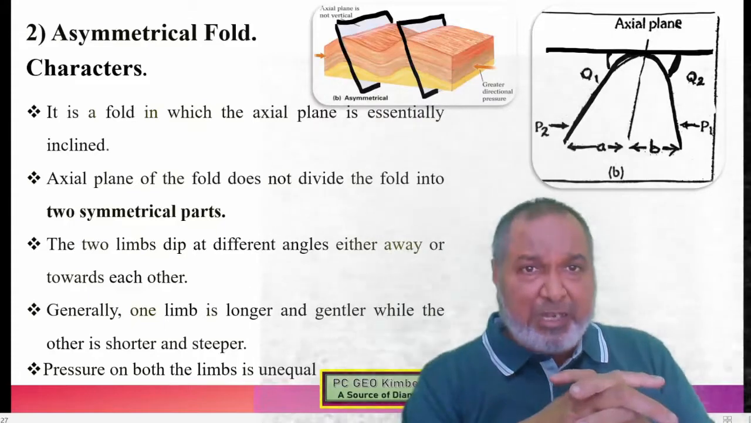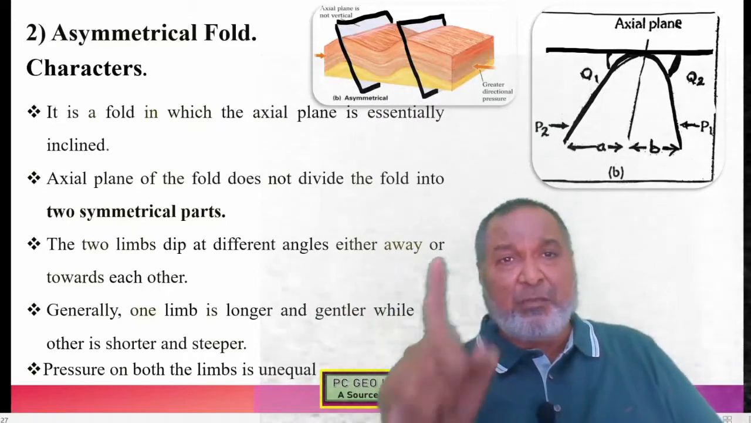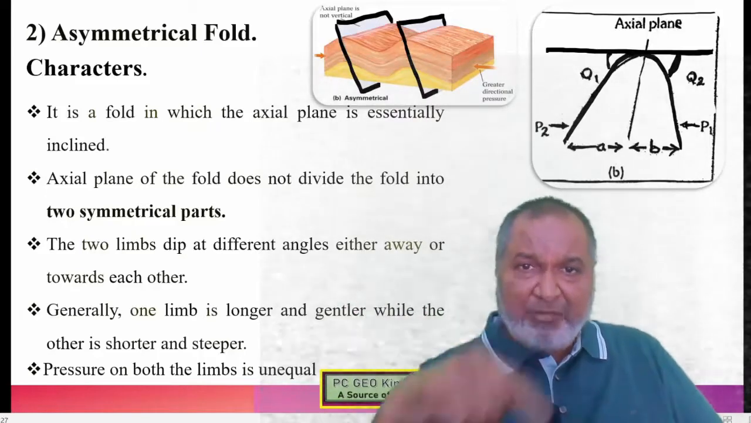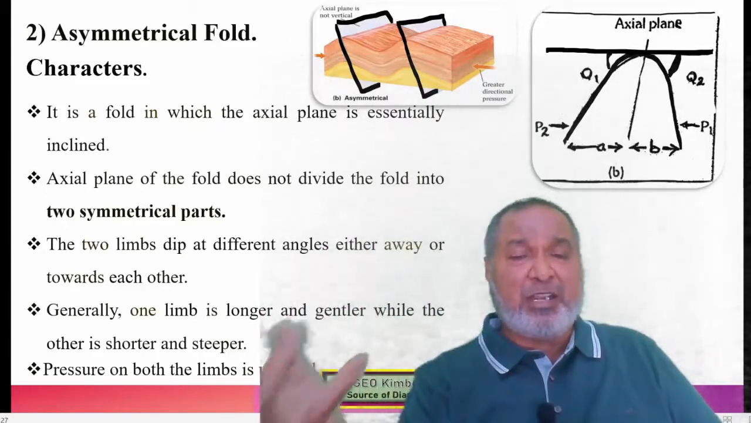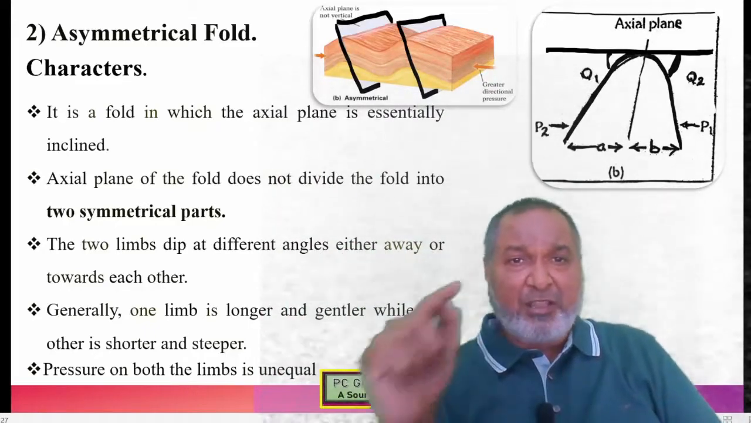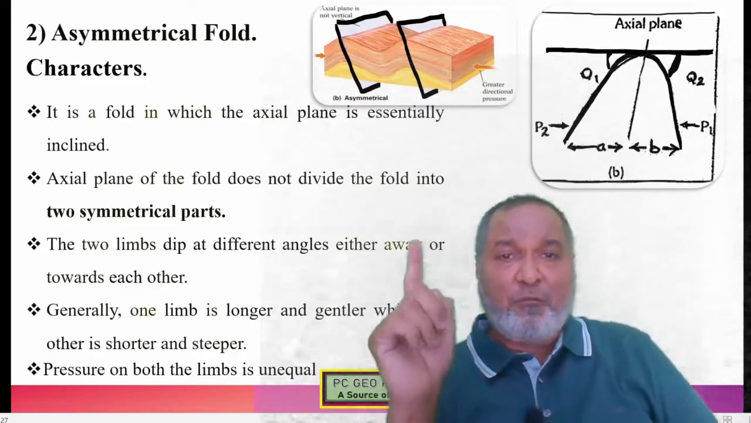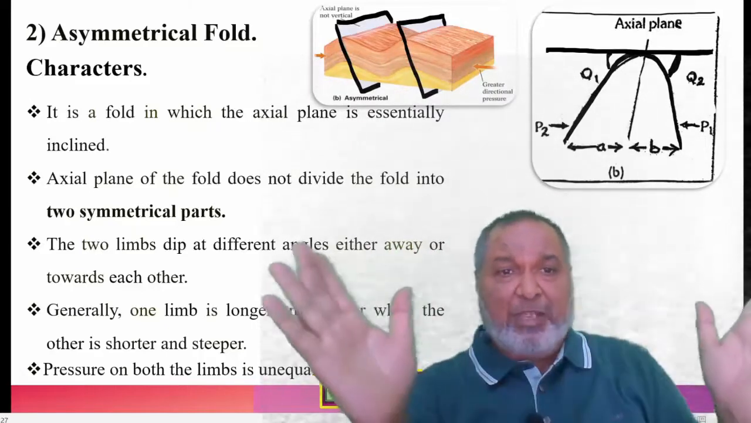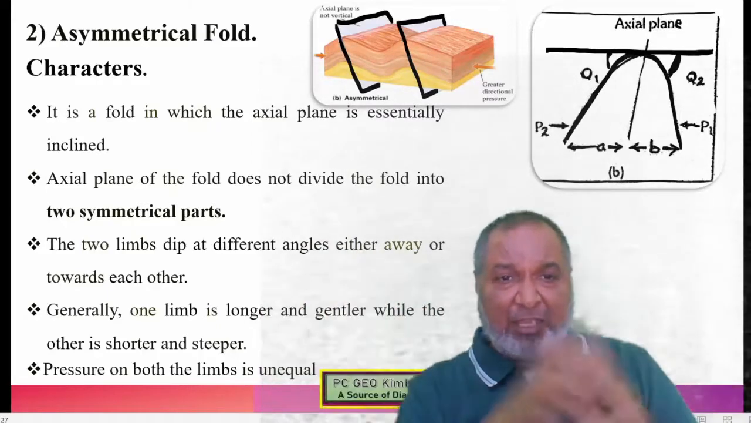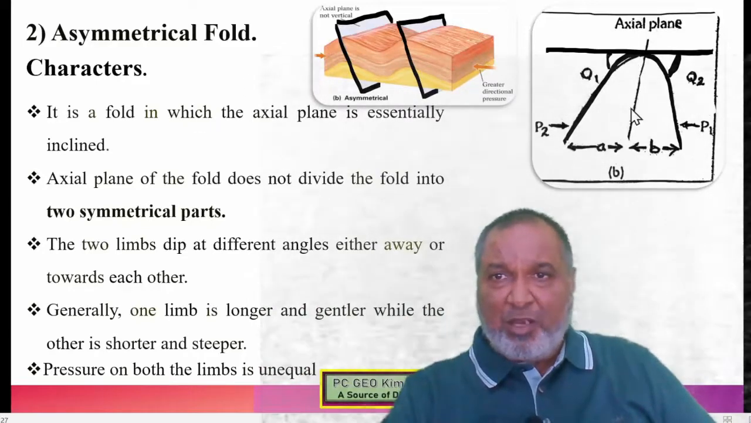Limbs will be dipping in opposite directions in the anticline with different angles. Then this will be called an asymmetrical fold, and since it is an anticline, it is called an asymmetrical anticline. If it is a syncline, then it is an asymmetrical syncline because the limbs dip with different angles. Here the axial plane is inclined. The axial plane does not divide the fold into two symmetrical parts. Limbs dip away from each other with different angles, and one limb is longer. You can see in this that one is longer and one is shorter,